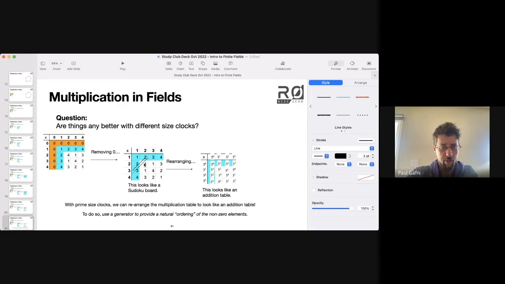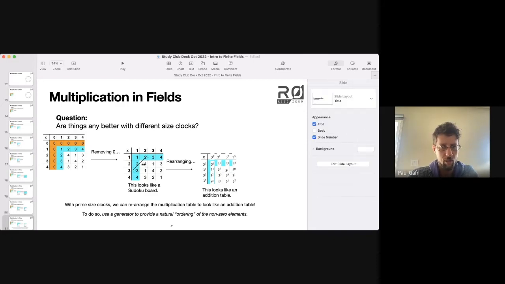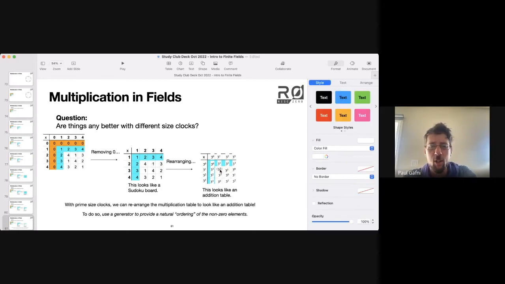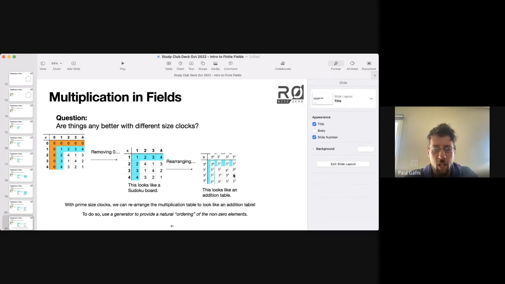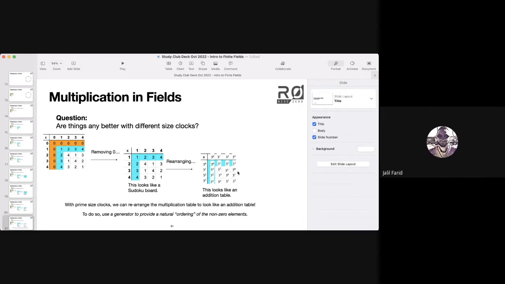Oh, do I have an error in my, am I? Maybe it doesn't actually look like an addition table until I rewrite it in terms of the exponents. Yeah, I guess I'm kind of seeing it now. Like you're saying, look at the diagonals. So, for example, you